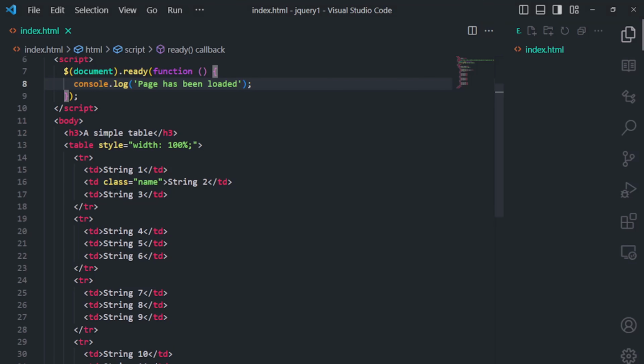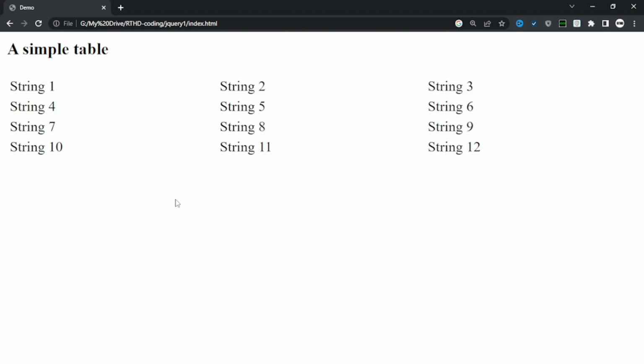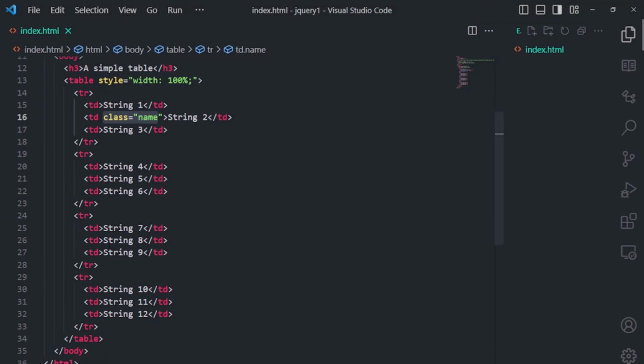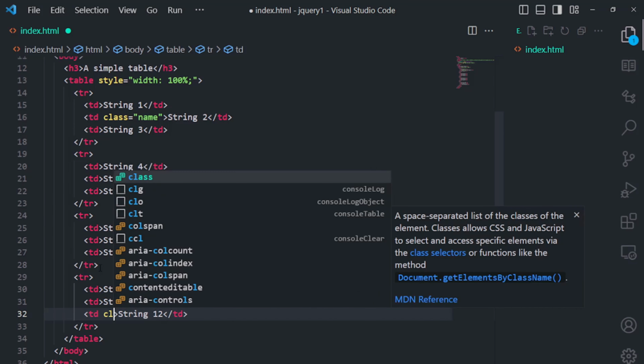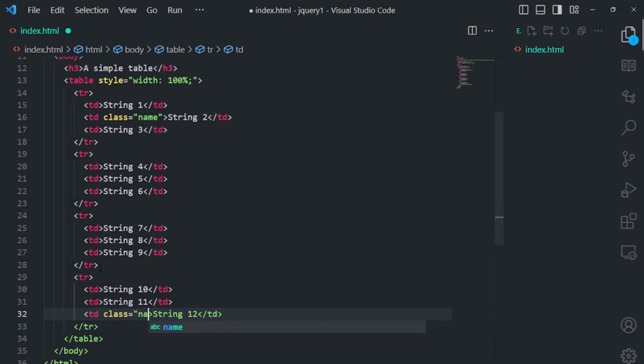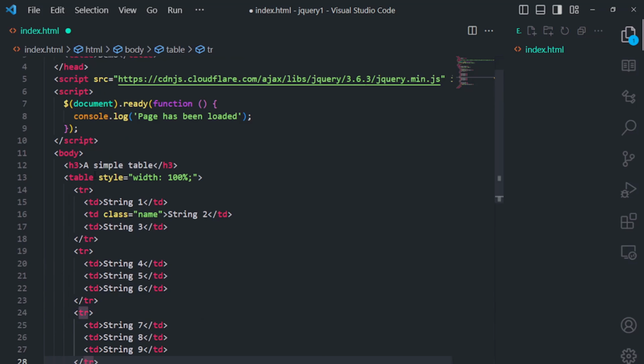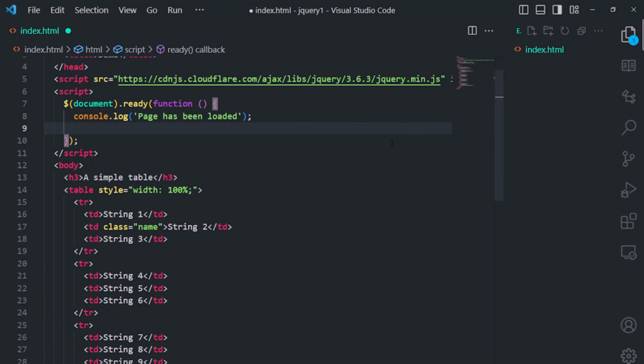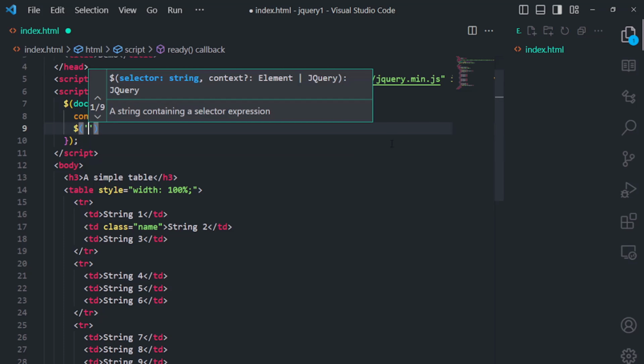And what I added was class name for string 2, which is in the middle. And let's say string 12, we wanted to also put John's name in there. Then you do the same thing for John's name, right? So under string here, you name the class name. And then what you could do is go back up, and instead we use again a different selector. This time we'd use